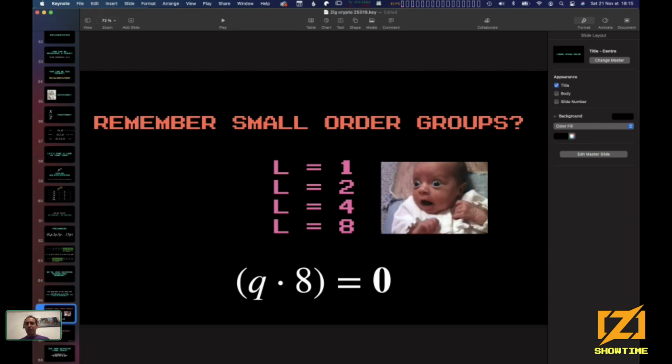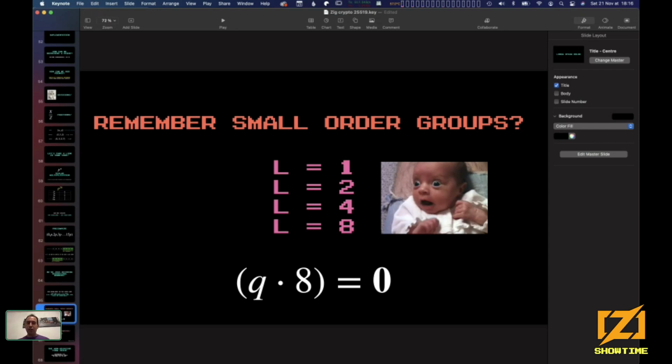So how can we detect if we are in a small group? There is a very simple way to do it. Given the size of these groups, we multiply the points by 8. Because, if the value you get is 2, 2 times 8 mod 8 is 0. Everything times 8 mod 8 is going to be 0. So we can do that.